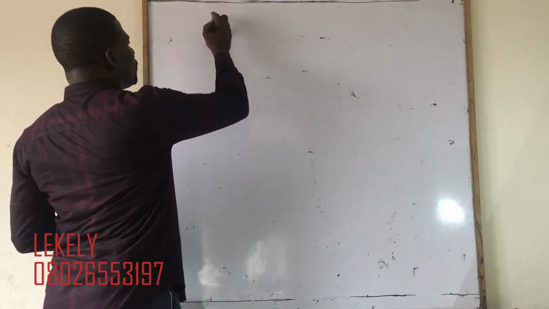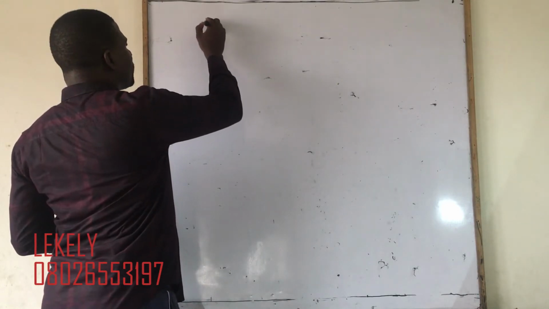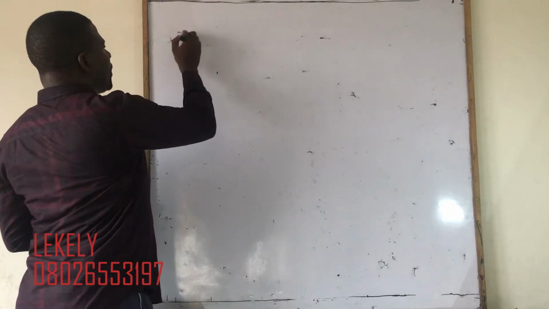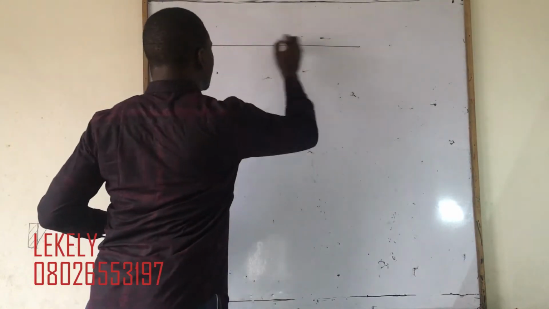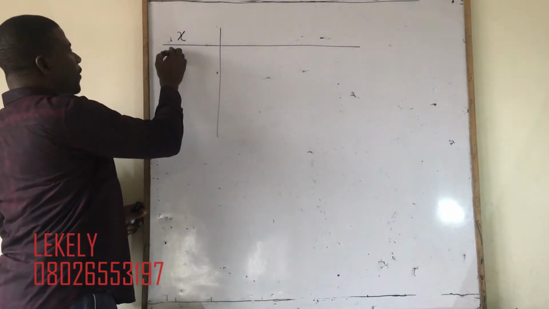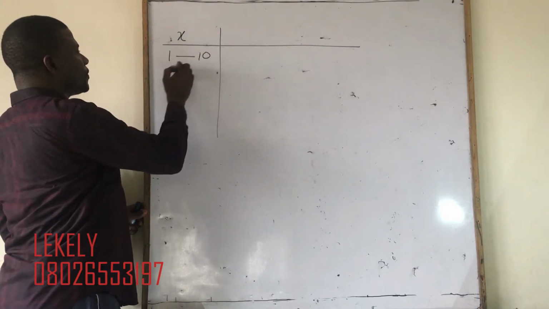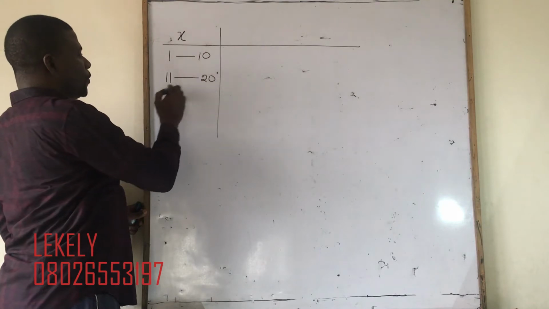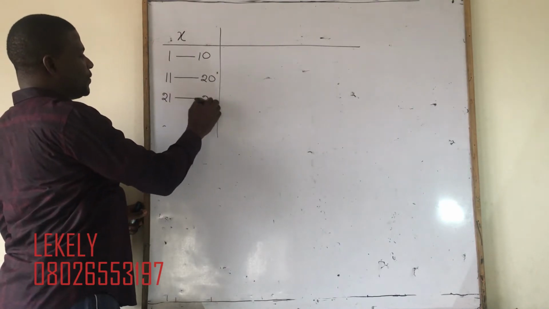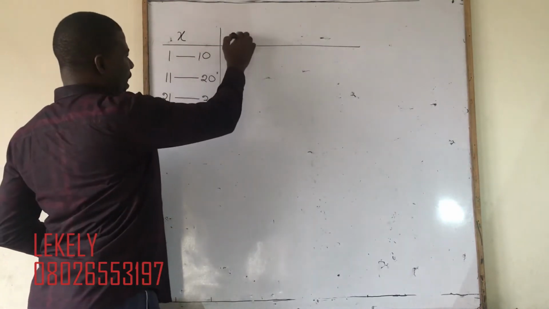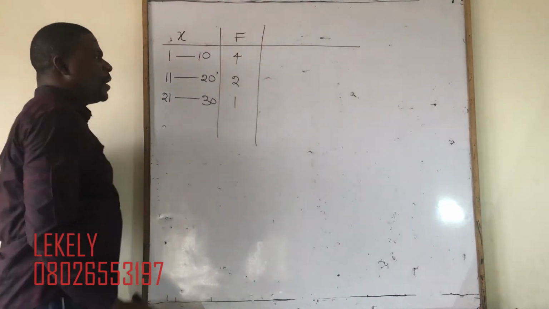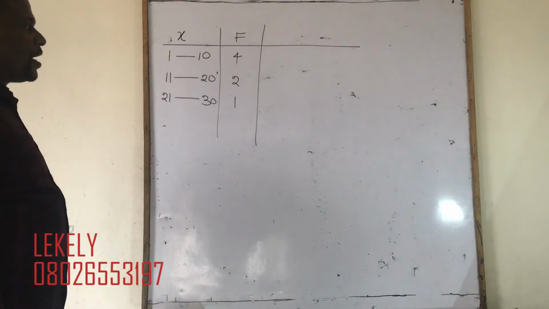For example, now if you have x, let's say this is x, and you have 1 to 10, 11 to 20, 21 to 30. Let's say this is your x, and then you have frequency to be 4 to 1, for example. Now from here,